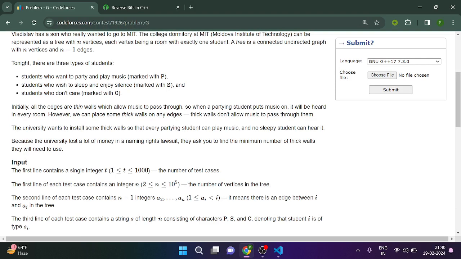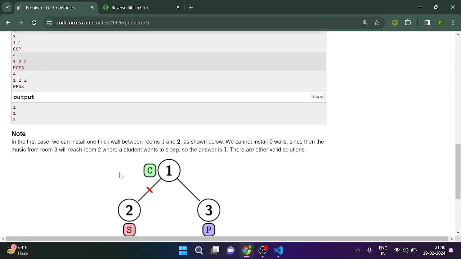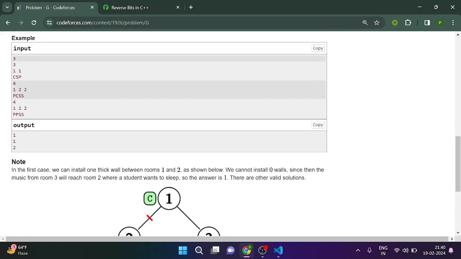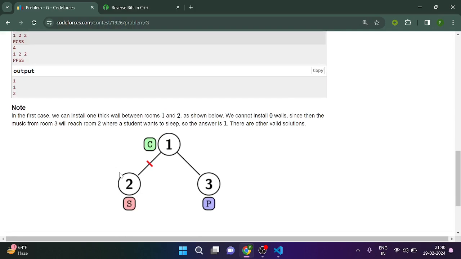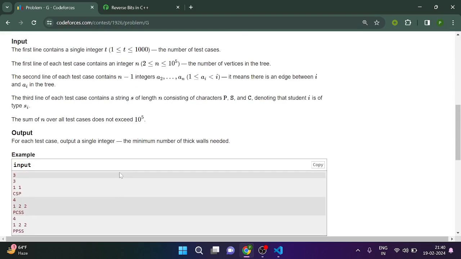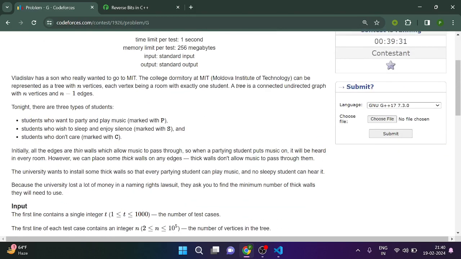सो पार्टी से पार्टी, पार्टी से पार्टी, मिनिमम नंबर ऑफ थिक वॉल्स। यार इसको तो किया जा सकता है भाई। सो पार्टी वाला जगह से जो है DFS करो और पार्टी वाला पे खाली जा सकते हैं, ठीक है। पार्टी वाला से DFS करो, खाली पार्टी वाला पे जा सकते हैं।